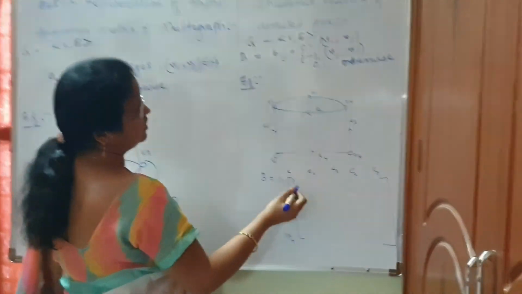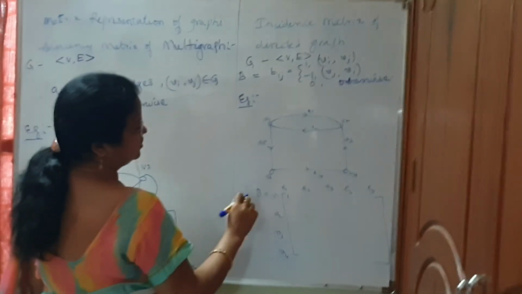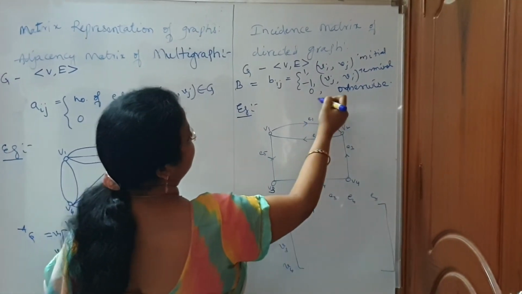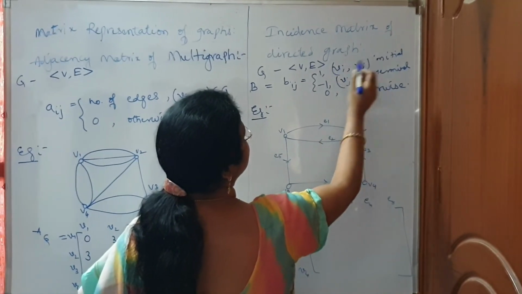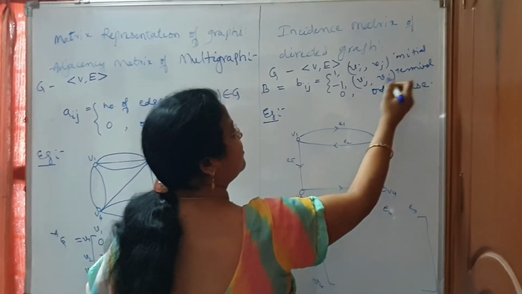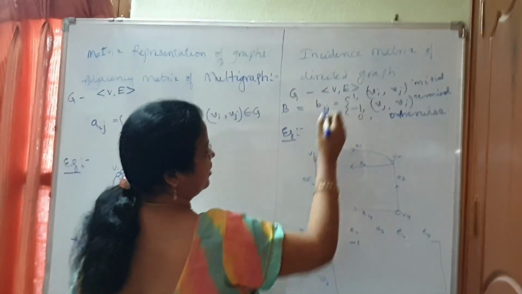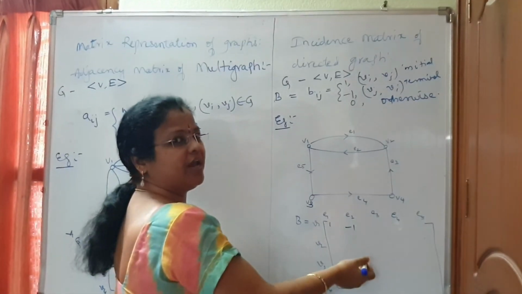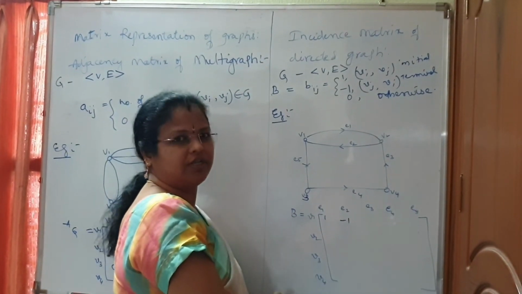Now E1 is an edge from vertex V1 to V2, so therefore this is equal to 1. Next E2 is an edge from vertex V2 to V1. In other words, we can write the definition as: for an ordered pair Vi Vj, Vi represents the initial vertex for this edge, and Vj is the terminal vertex for the same edge. If Vi is the initial vertex, then we put the corresponding entry in the matrix as 1. If Vi is the terminal vertex for the same edge, then we put the value -1. If there are no edges between those two vertices, we put the entry 0 in the incidence matrix.